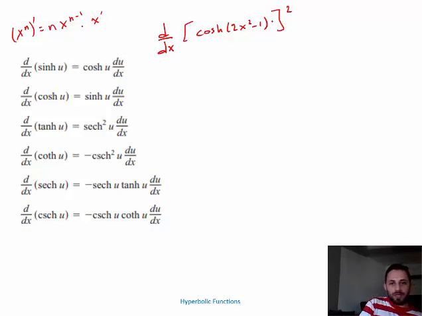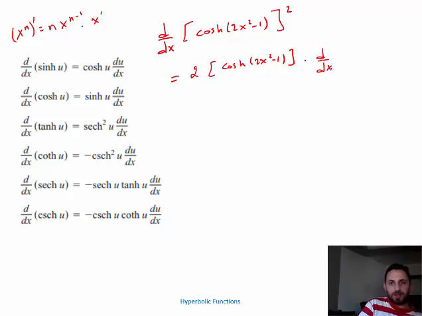The same thing applies here. So we take the power down, 2 cosh of 2x squared minus 1. We subtract 1 from the power 2, it becomes 1, multiplied by the inner function derivative,